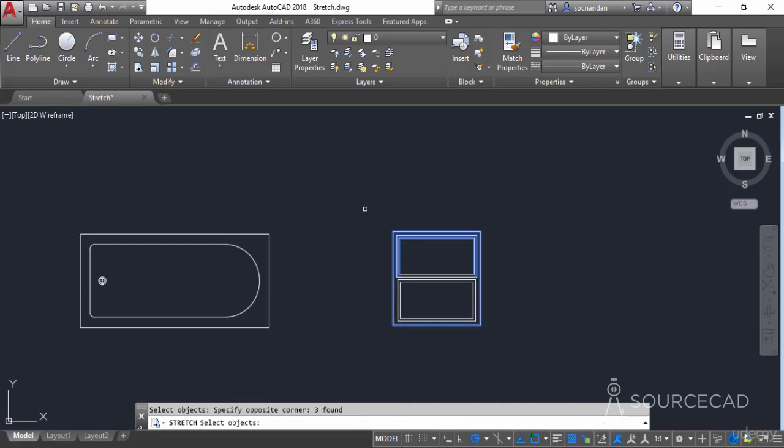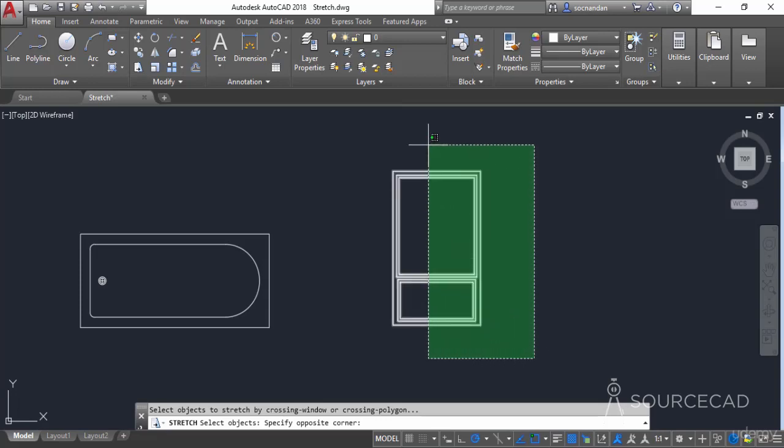So let's click, press enter, click at a point, and now move upwards, and you'll notice that only the 6 line segments which were partially inside and partially outside have changed their length, and rest of the geometry remain completely unchanged. Now let's assume that we want to change its length even further, and we want to increase its length in horizontal direction. For that I'll select this stretch tool, click at a point here, make this window like this,